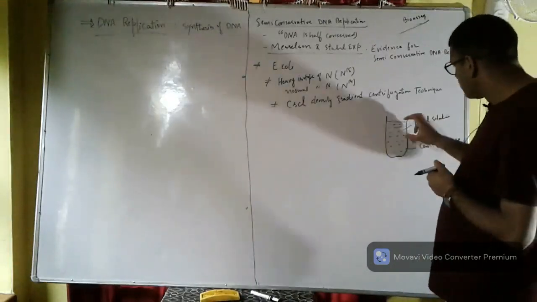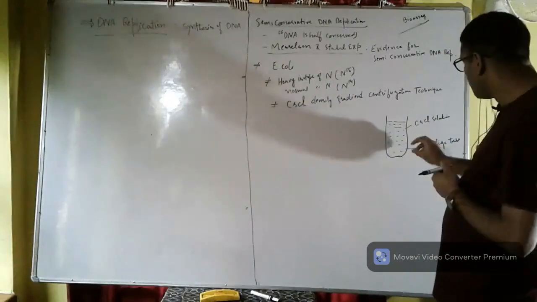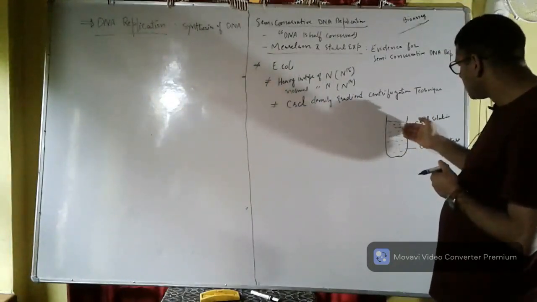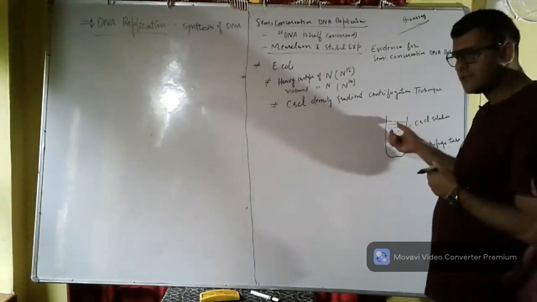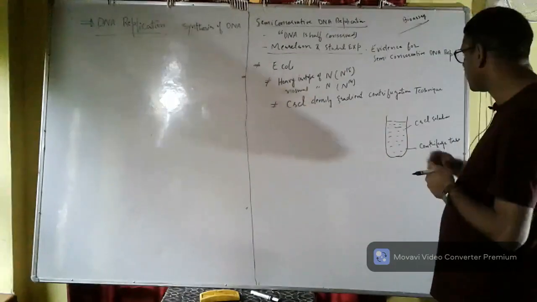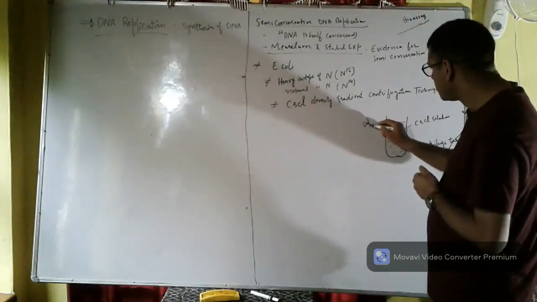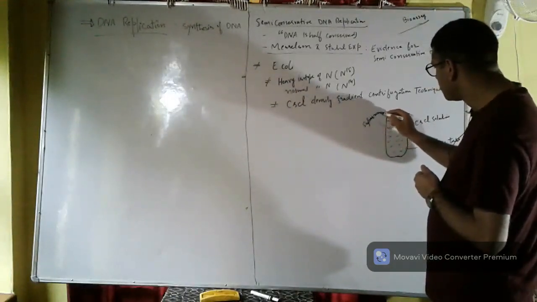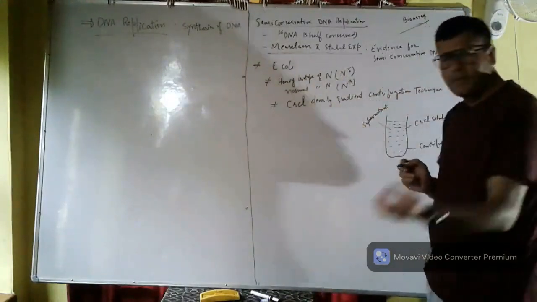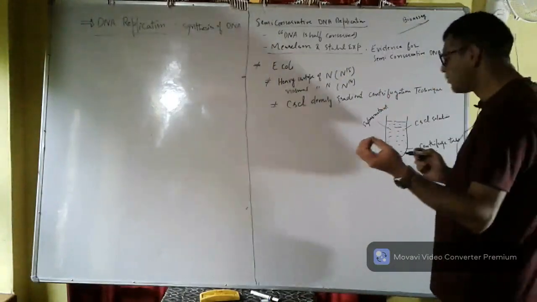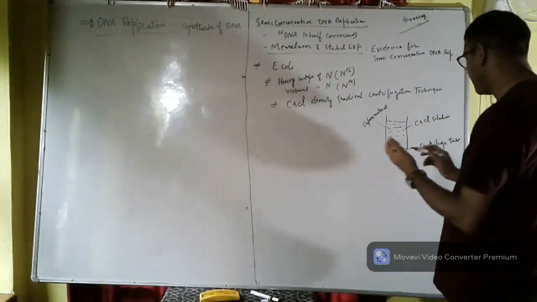That means it shows bands of higher density at the bottom and bands of lower density in the supernatant. This is the supernatant, where we find the cesium chloride solution which has lower density, and here we find